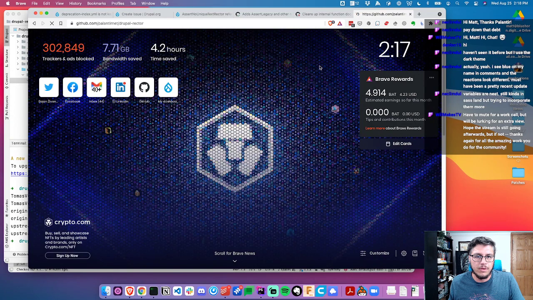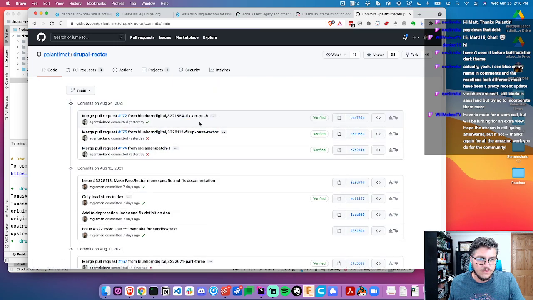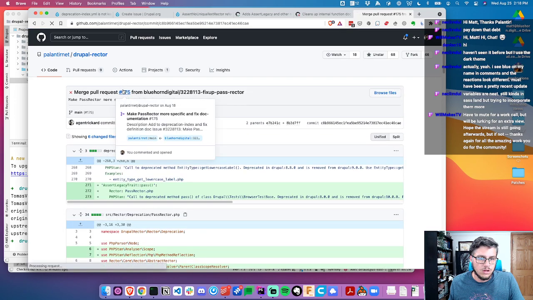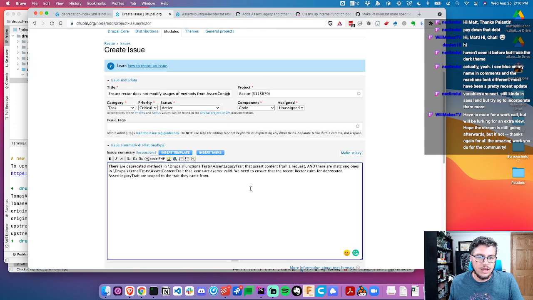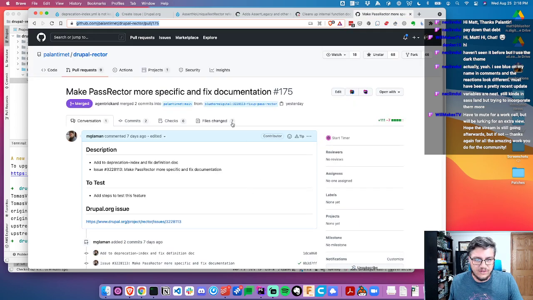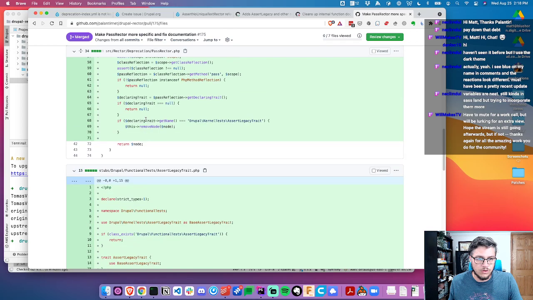One second. I want to make sure I capture this before I forget. So commits, fix on push. Well, that passed. Fix up pass Rector. Here we go. Copy that. Pull request 175. And we do,